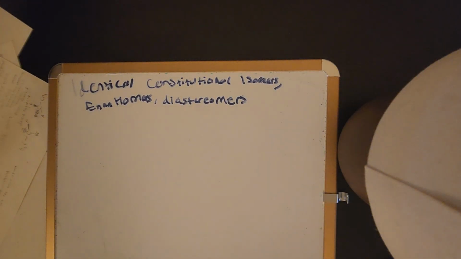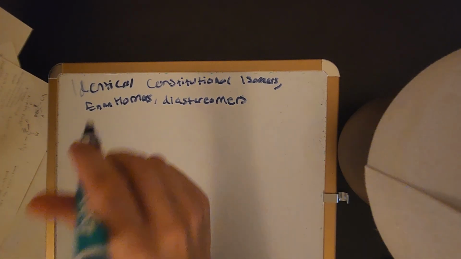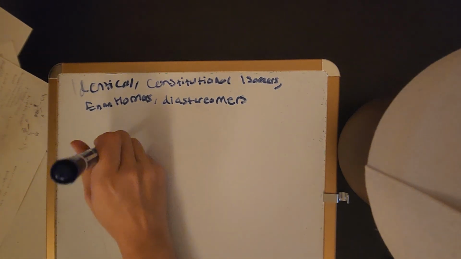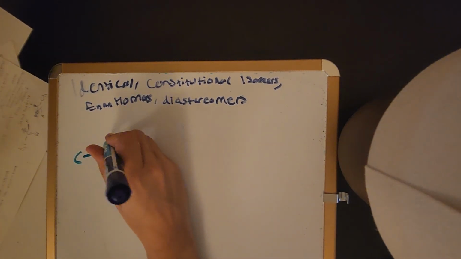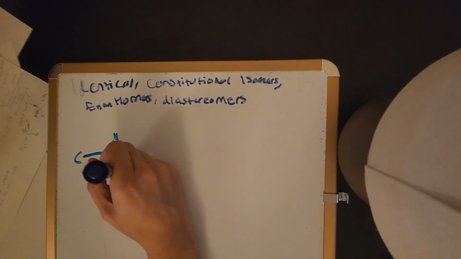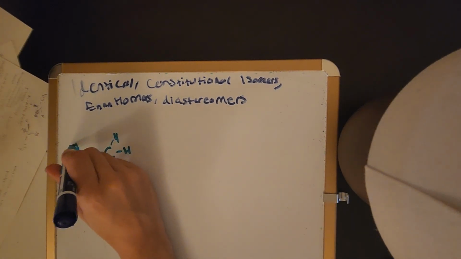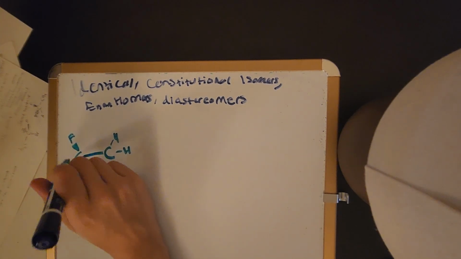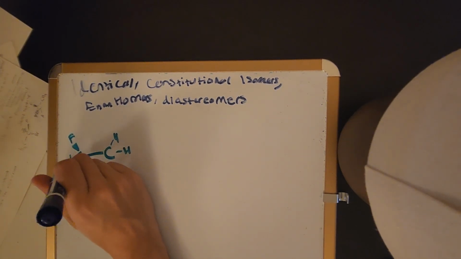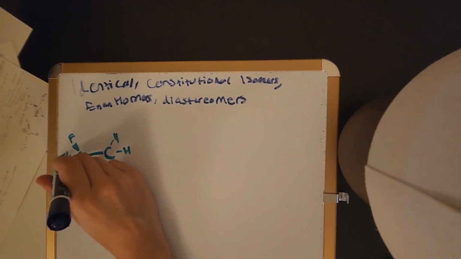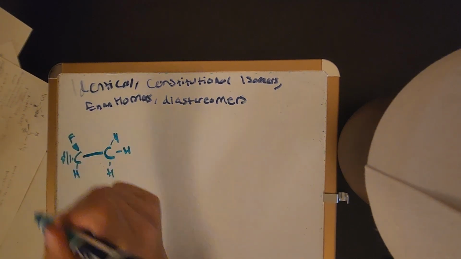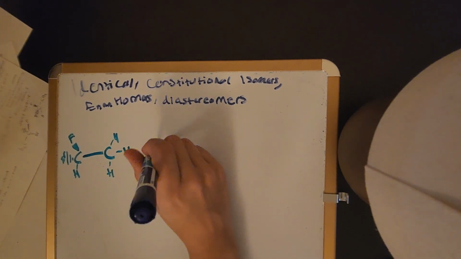All right, we're going to take a look at identical molecules, constitutional isomers, enantiomers, and diastereomers. Okay, identical. If you want to know if something is identical, let's say you have a carbon, H. This has F, Br, and H. And here